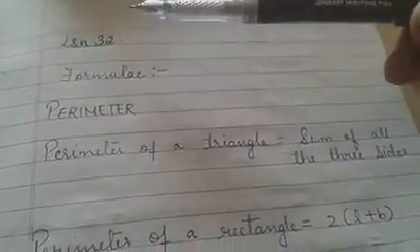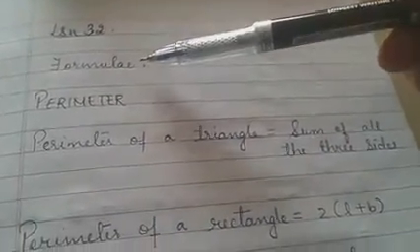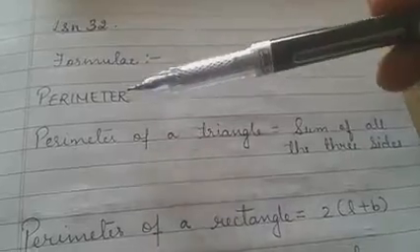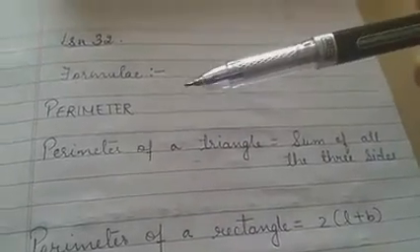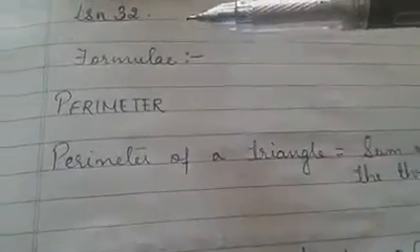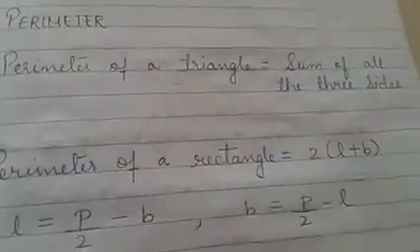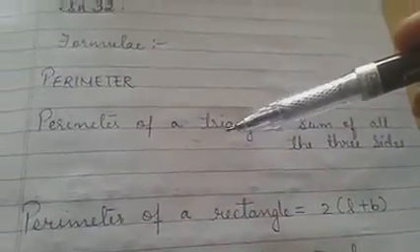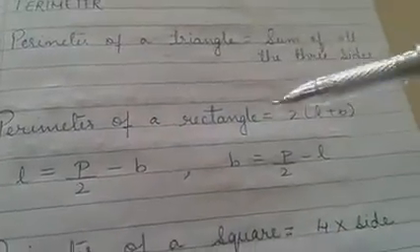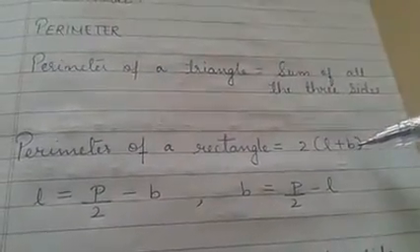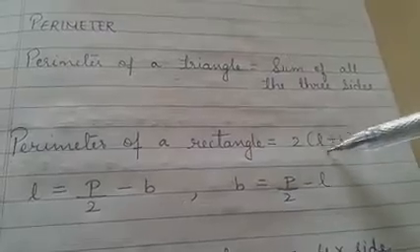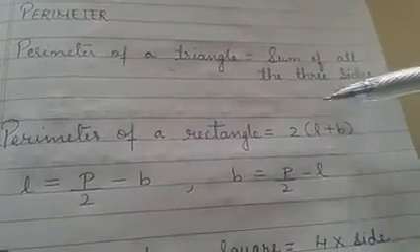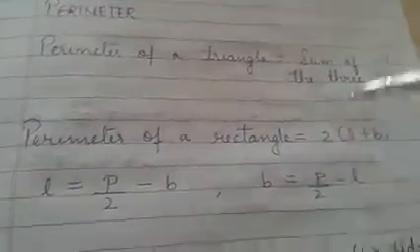so today, what in school also we have revised, perimeter and area, that is the chapter perimeter and area. So formulae: perimeter of a triangle is the sum of all three sides. Actually perimeter of any figure is the sum of all its sides. Okay. So perimeter of a rectangle is twice into bracket L plus B. When you solve, first solve the bracket and whatever answer comes, multiply by 2.